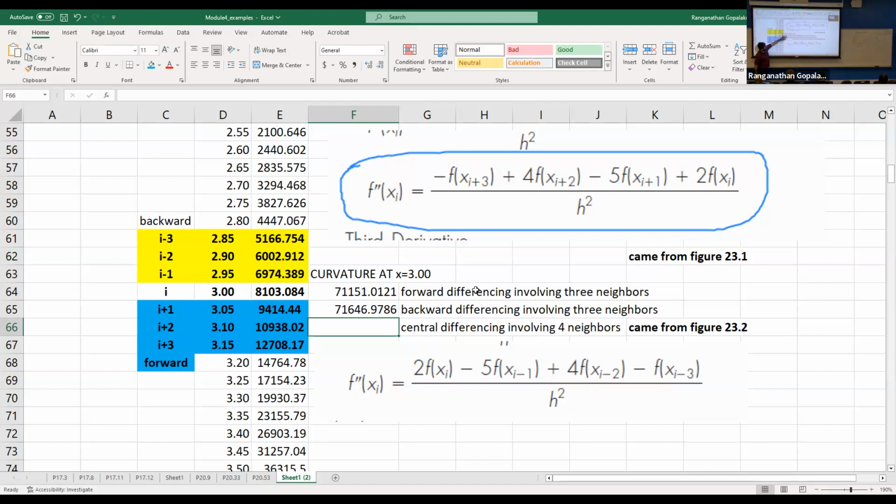It is about 500 parts over 70,000. And you tell me how much percentage is that? That's 500 divided by around 71,000. So it's a small difference between the two differencing techniques. Okay. And if you do central differencing,